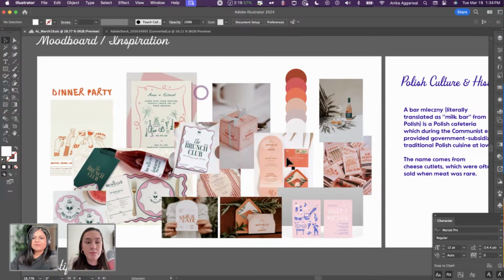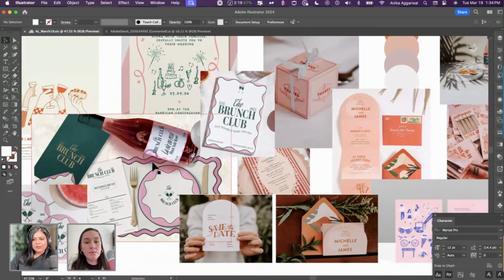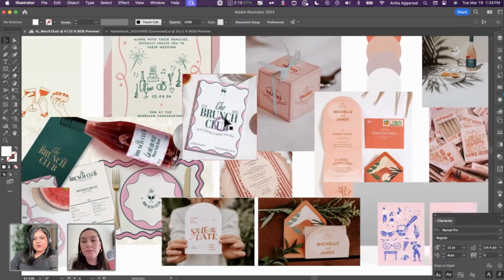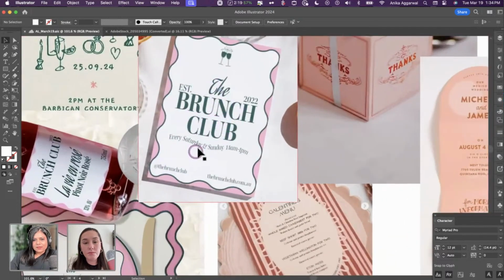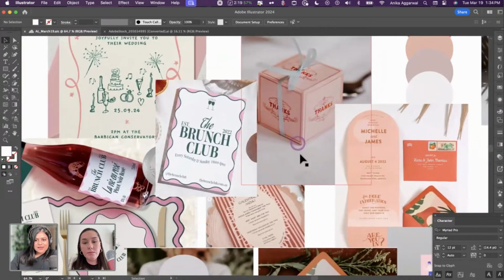I feel like this is very in style with minimalism, but also hand illustrated elements. And my major inspiration here, the one thing that's common in all of these, is the typefaces they've used. I love that there is such a combination between bold type with a serif or a sans serif font. This little box I used as inspiration for my party favor box.